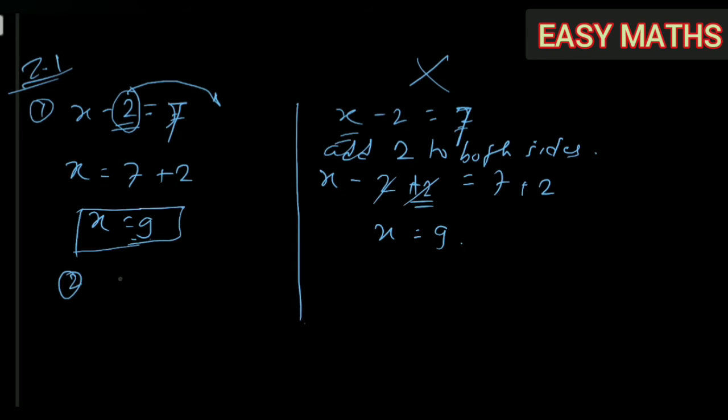Second question, let's see. y plus 3 is equal to 10. We want to find the value of y. So what will we be doing? We will transpose this 3 to the other side. We won't change the sign of any other number. See, in the first question also, when it was minus 2, we took it to the other side of equal to and we changed only the sign of minus 2. It became plus 2. Similarly here plus 3 will become minus 3 and we will get the answer y equal to 7. Next example, question number 3.